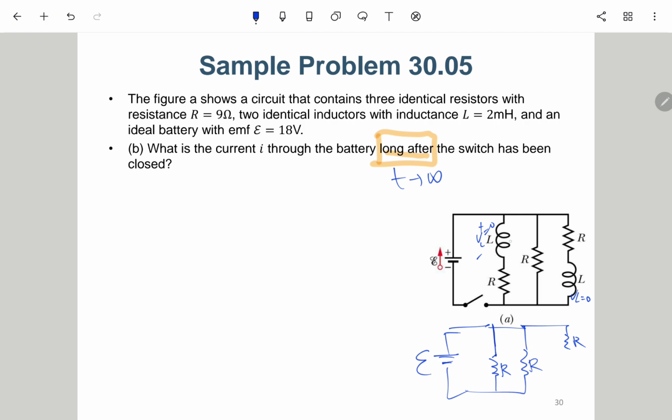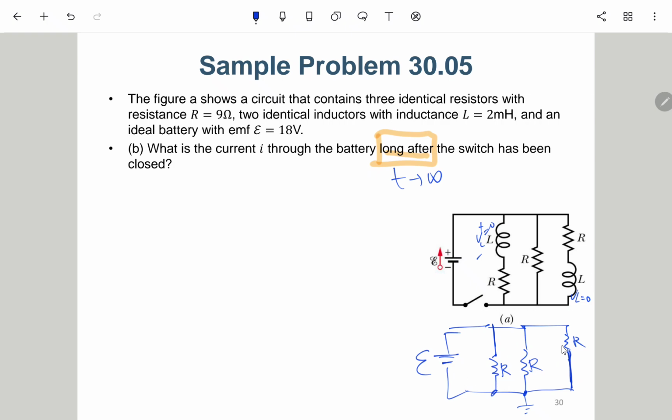So this L somehow disappears, as soon as the current settles. After the current stops changing, there is no voltage drop anymore, so you can regard it as a short circuit. So if you consider this L a short circuit after a long time,